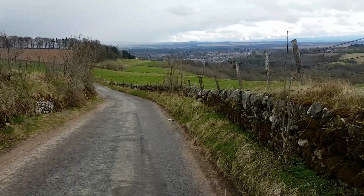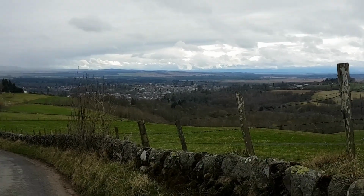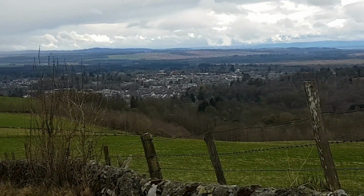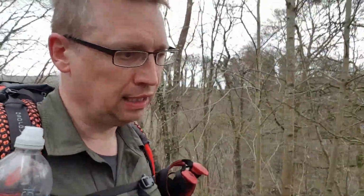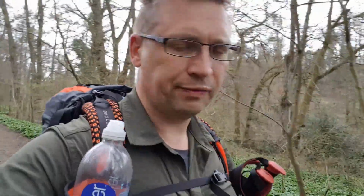Not much left, and I can see the town of my destination already. Having just half a mile of remaining trail to go, I think it's a time for a summary. I knew Cateran Trail before I started, so this may be the best testimony that having this knowledge I decided